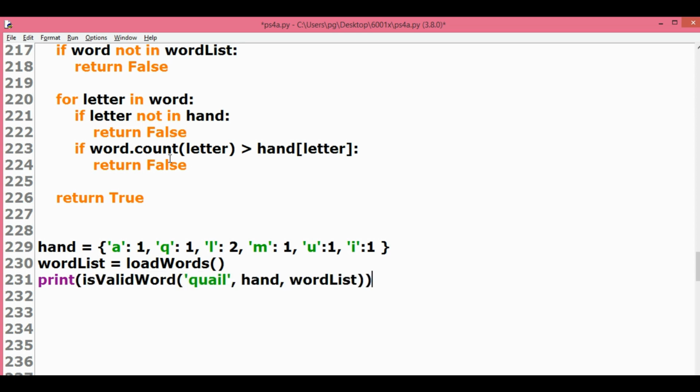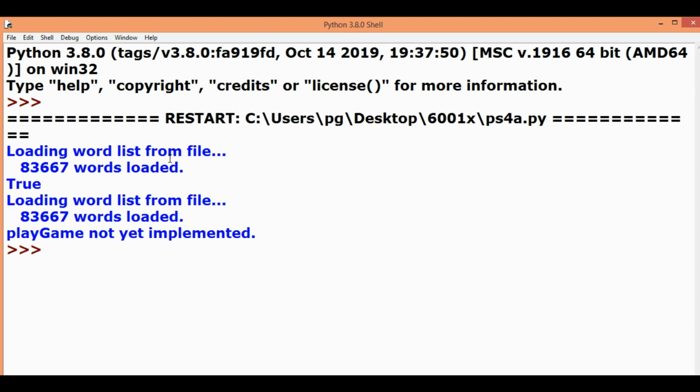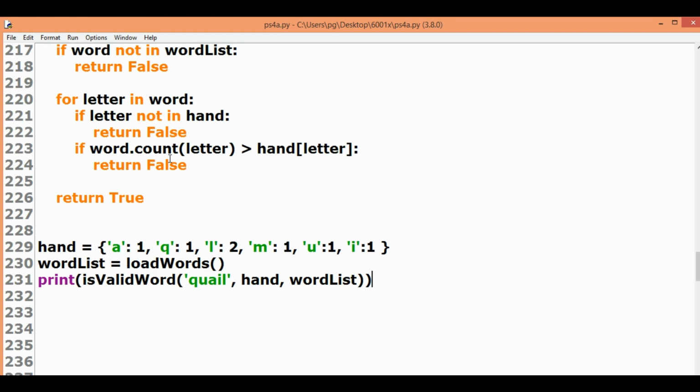Let's take a hand as above, and then we call the load_words function to store the word list. Next we invoke the is_valid_word function, passing the word quail, the hand and word_list as arguments, and print the output. Now we run the code and see it gives the output as true, which is correct.